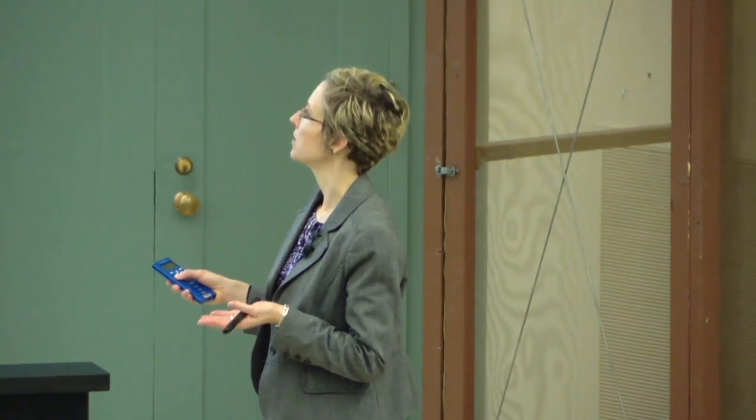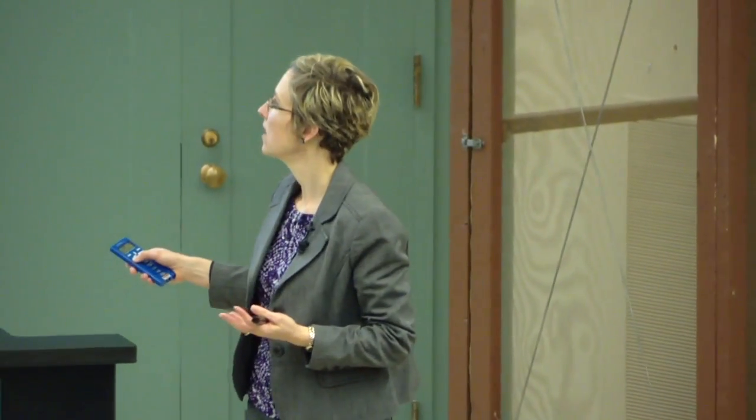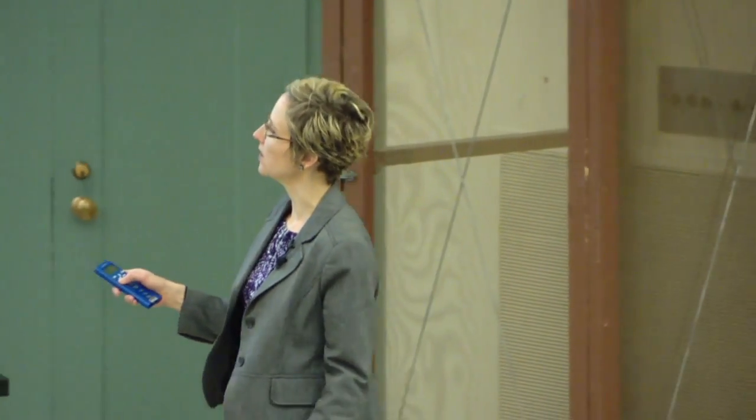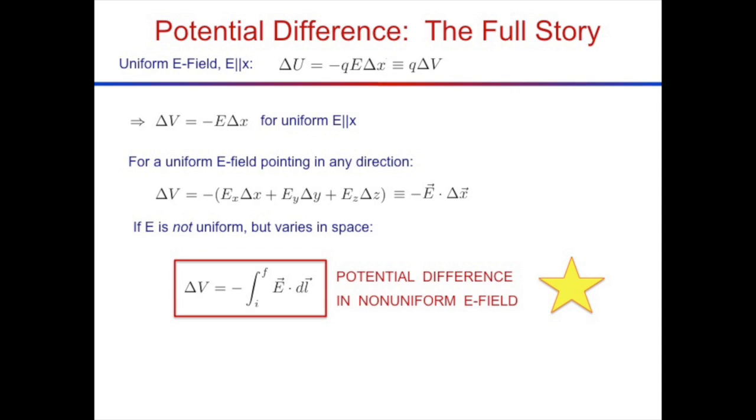But if I had components in other directions, I need to add them as well. So I should have a term for an electric field pointing in any direction: a term Ey delta y plus a term Ez delta z, okay? If I take a step that's partly in the x direction, partly in the y direction, I can add up all those pieces. So Ex delta x plus Ey delta y plus Ez delta z is the total that I need to put in there. And then altogether, I get that change in voltage is minus E dotted into delta x,